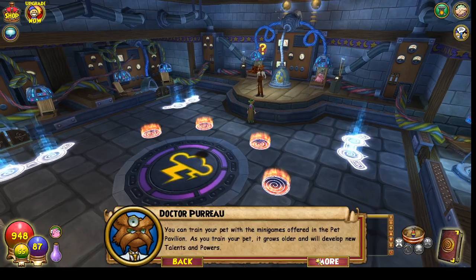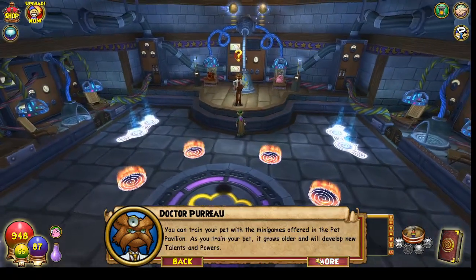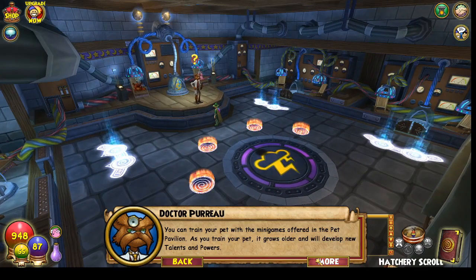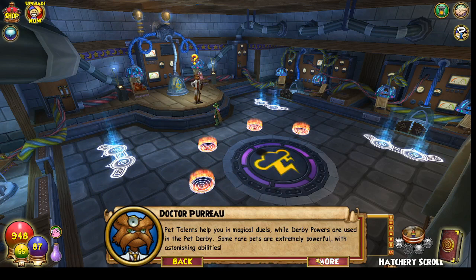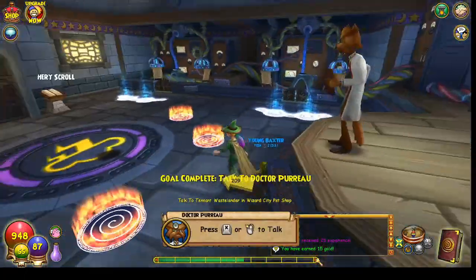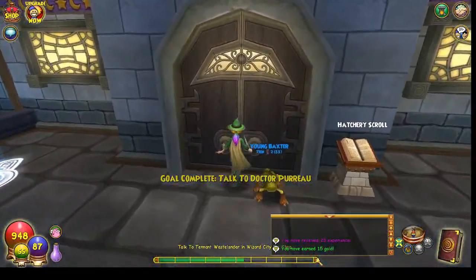and fed. You can train your pet with the mini-games offered in the pet pavilion. As you train your pet, it grows older and will develop new talents and powers. Pet talents help you in magical duels, while derby powers are used in the pet derby. Some rare pets are extremely powerful, with astonishing abilities. I really must get back to my work, so unless you're ready to hatch a pet...